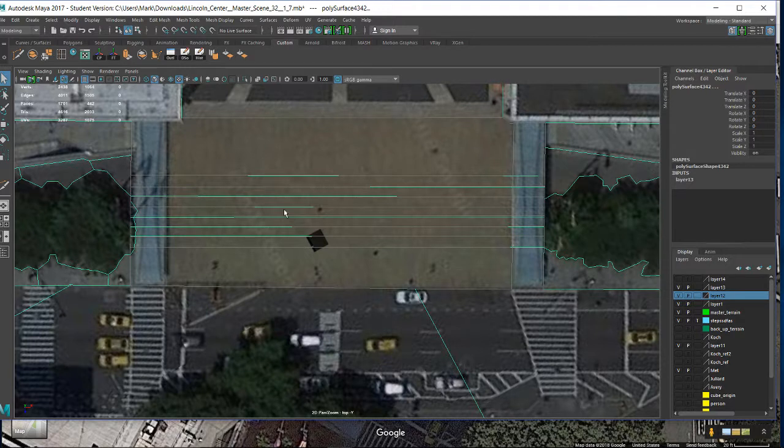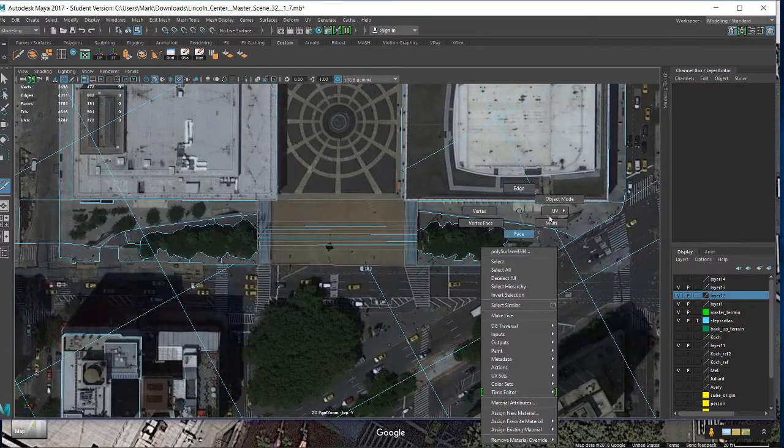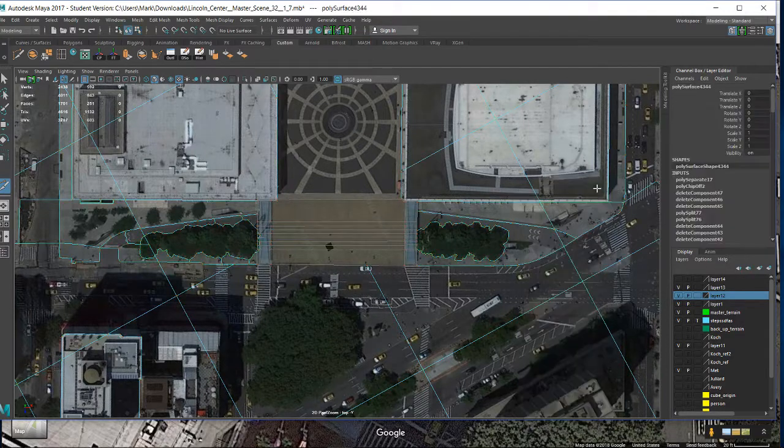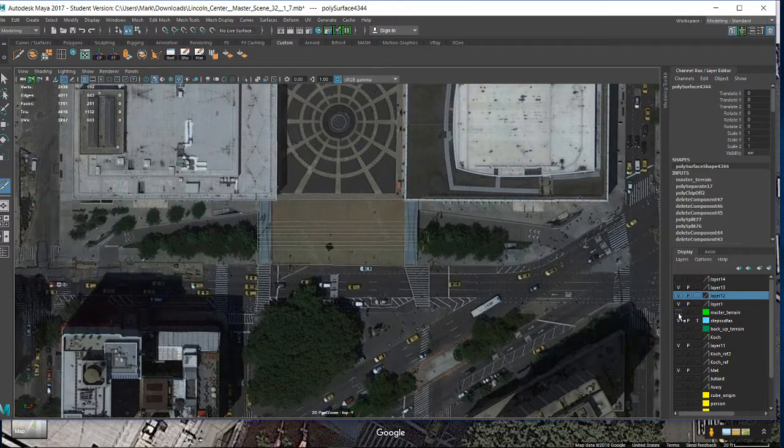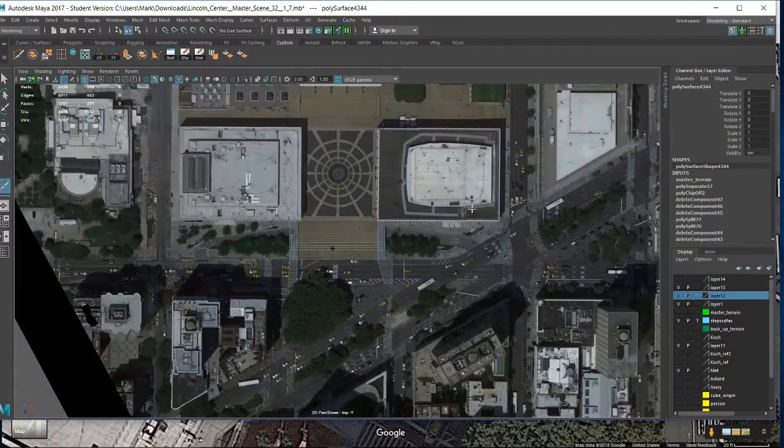What I don't want to be able to do is actually select it. So I can't actually select. I can select the layer behind it, but I can't select this guide. Now what I'll do is select the layer behind it, which is this master terrain. And it looks like the master terrain is not on the master terrain layer. Right click object, right click add selected. Uh-oh, it looks like we've got a few master layers possibly. So we'll take this one